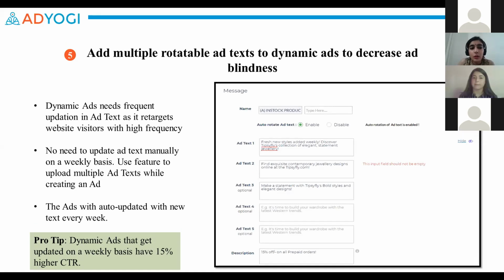The next feature also helps in updating ad texts to maintain a healthy CTR percentage, in this case for dynamic retargeting ads. These ads retarget users who have viewed products on our website by showing them the exact same products via the ads as well. Here, having the same ad text for long periods can lead to ad blindness, reducing the ultimate CTR. This feature lets you add up to 5 ad texts and a minimum of 2 ad texts at the same time.